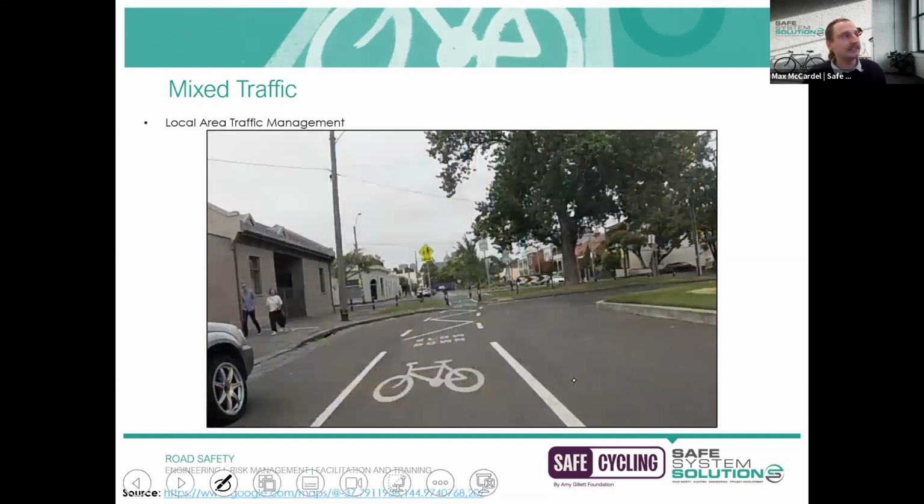But another way that this could have been managed, which is used further down this same bicycle lane, is doing this full closure of the road. So the other one was more like a partial closure. This one is more of a full closure. Once again, a bit difficult to see from this angle, so I'll go up to an aerial,